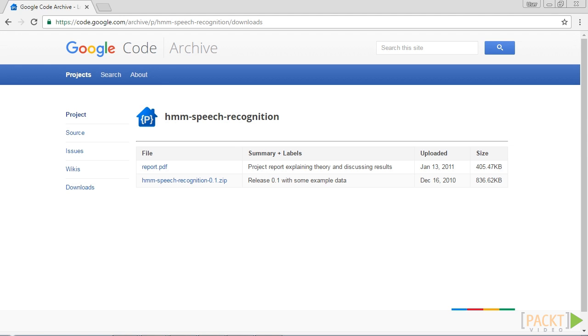We need a database of speech files to build our speech recognizer. We'll use the database available at code.google.com. This contains 7 different words where each word has 15 audio files associated with it. This is a small dataset, but this is sufficient to understand how to build a speech recognizer that can recognize